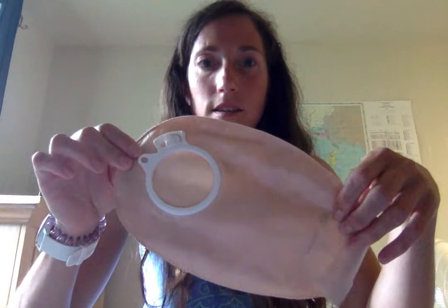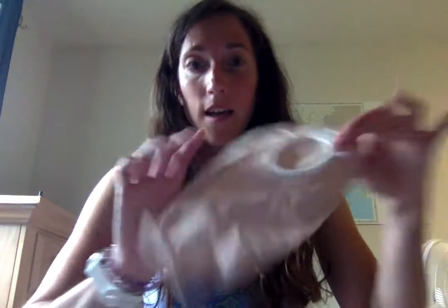The final thing I've tried, which I think again might work best in the winter, just because of the odor factor, is I've used 2-piece bags. If I don't want to end up emptying the bag, or I'm in a situation where I don't want to go out into the woods and empty a bag, like if, let's say, there's a bear outside and I need to just be able to do this quickly and not spend a lot of time outside, then I will wear a 2-piece bag, take the bag off,